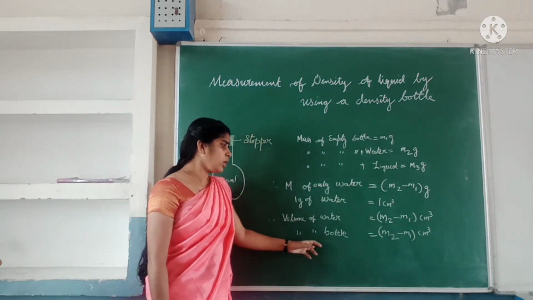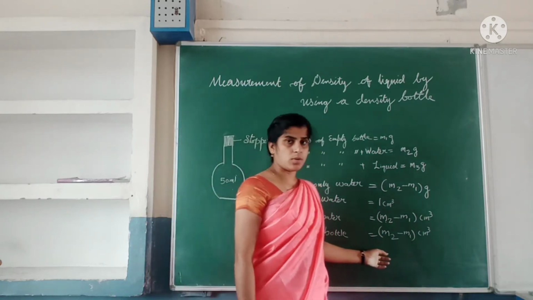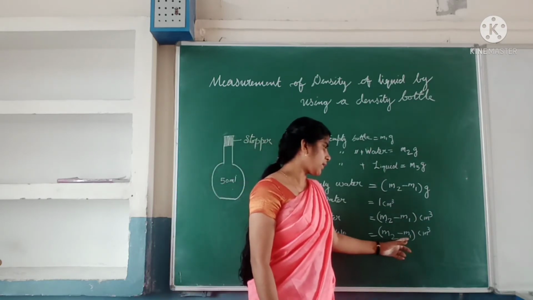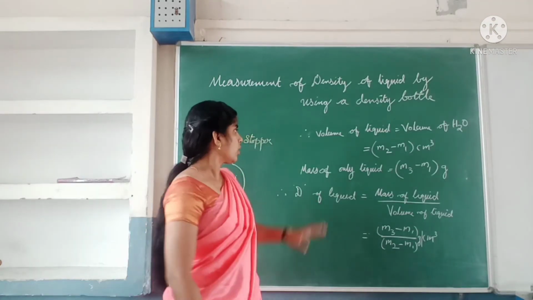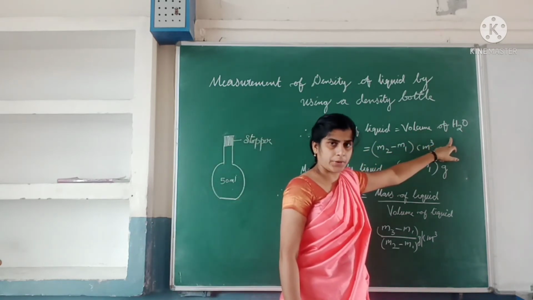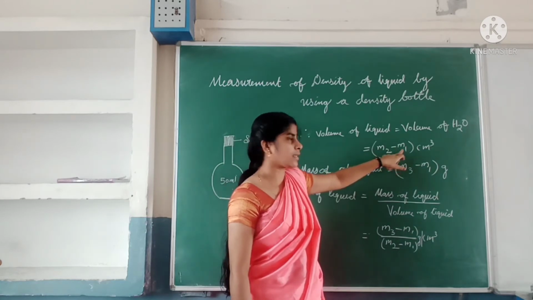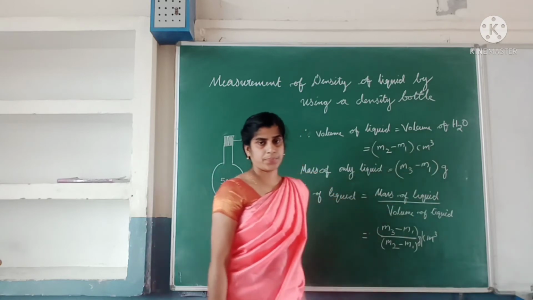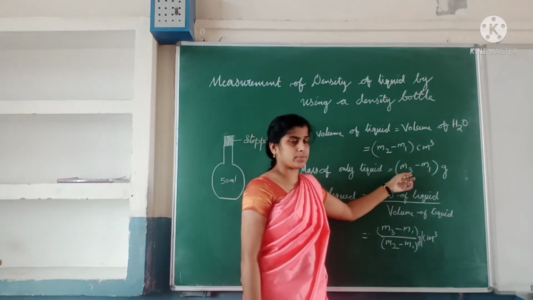So the volume of bottle. What is the volume of bottle? See, we need to find the volume of bottle. So how can we find it? Same thing, M2 minus M1 centimeter cube. Okay. Therefore, the volume of liquid is equal to the volume of water, which is M2 minus M1 centimeter cube. Also, the mass of only liquid, that is M3